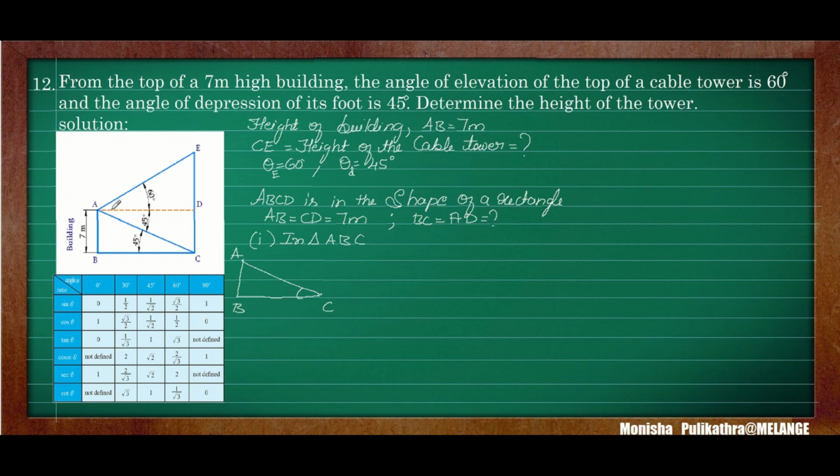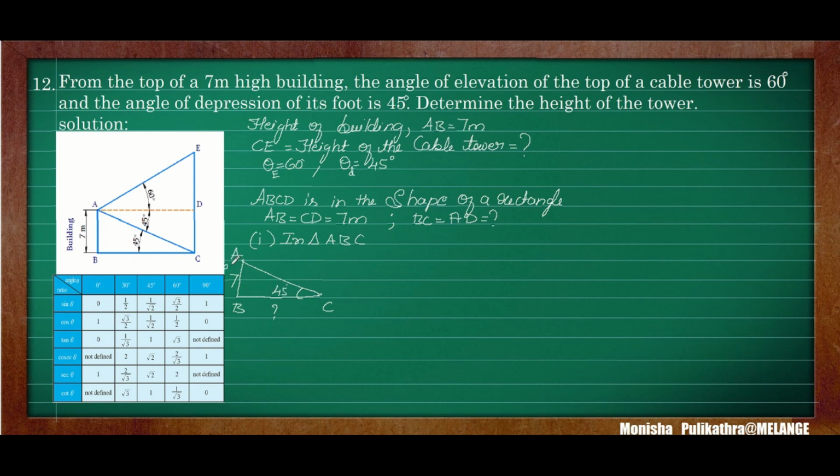And you can clearly notice that this is an alternate angle, Z-shape angle. So if this angle is 45 degree, then this angle is also 45 degree. So this C angle and A angle is 45 degree, because both are alternate angles. Here this is 7 and BC we don't know, and the angle is 45 degree.